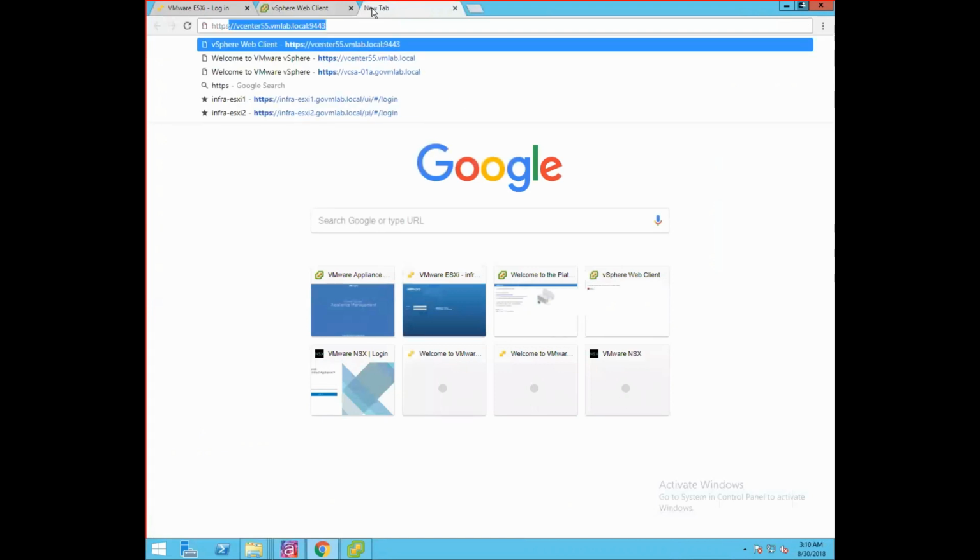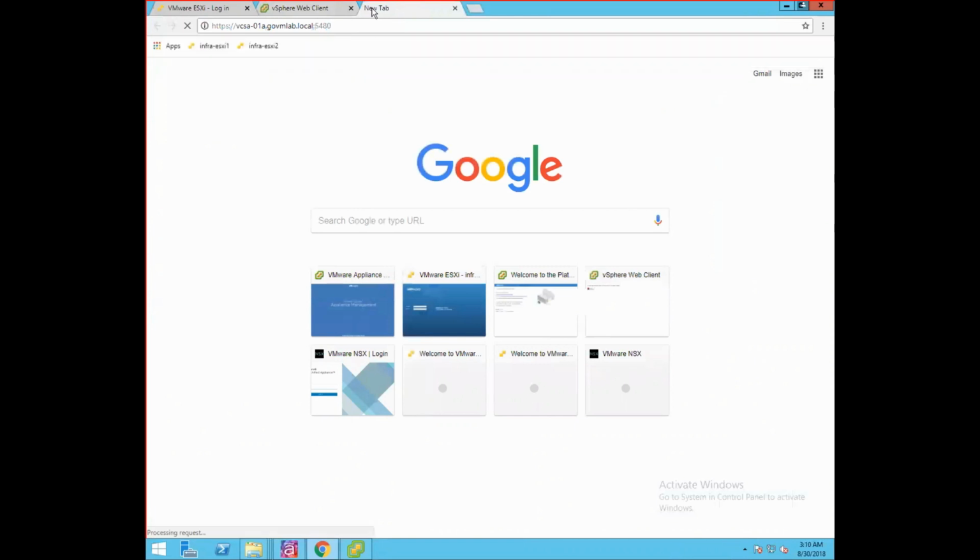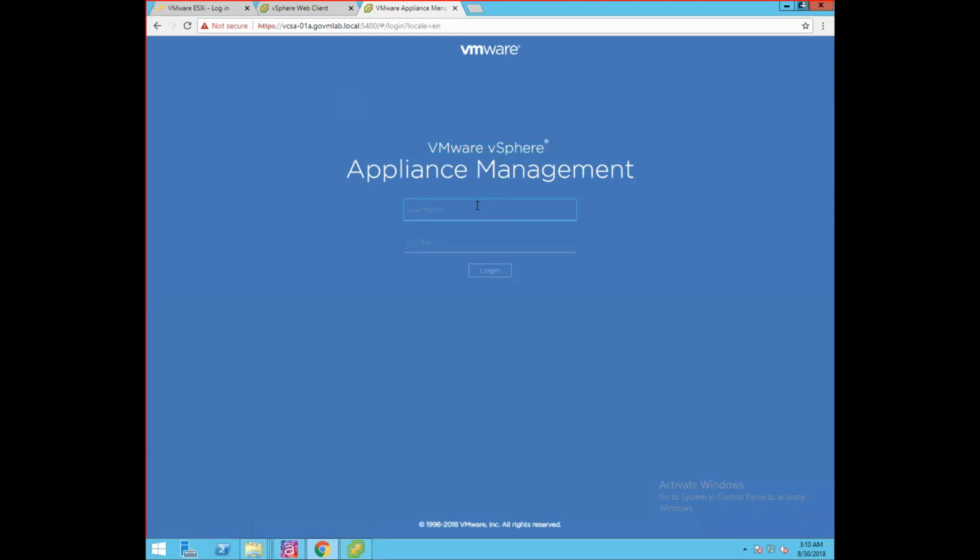Now let's access our vCenter Server Appliance management interface page. To access that, we have to give our VCSA name and provide the port as 5480. So now this is our vSphere appliance management interface. Provide credentials: the username is root, and the password of the root user provided at the time of installation.